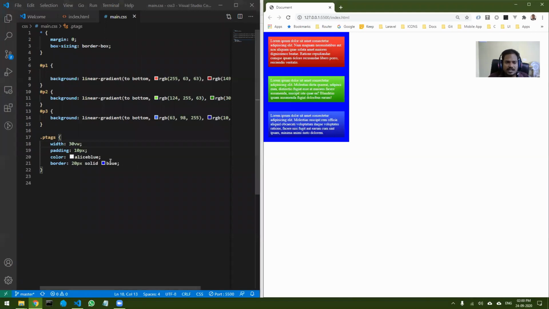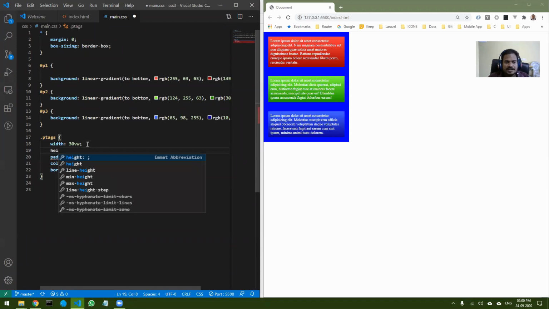Now the second very important thing is, you can set the height also in the same way. Right now the height of the container is auto calculated. Whatever height is required for the content is taken.